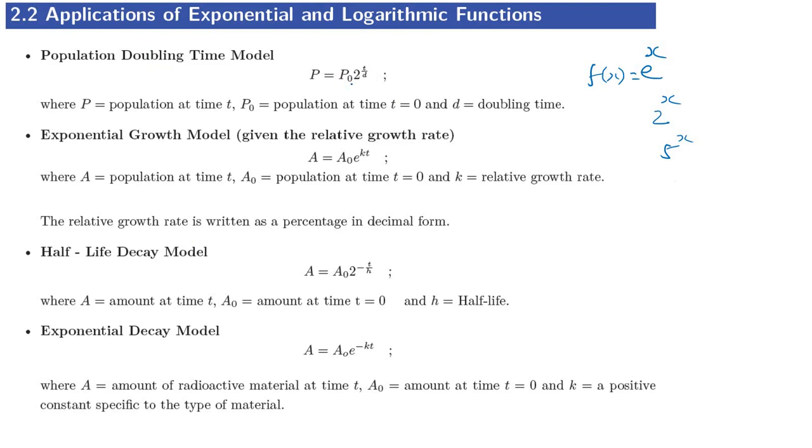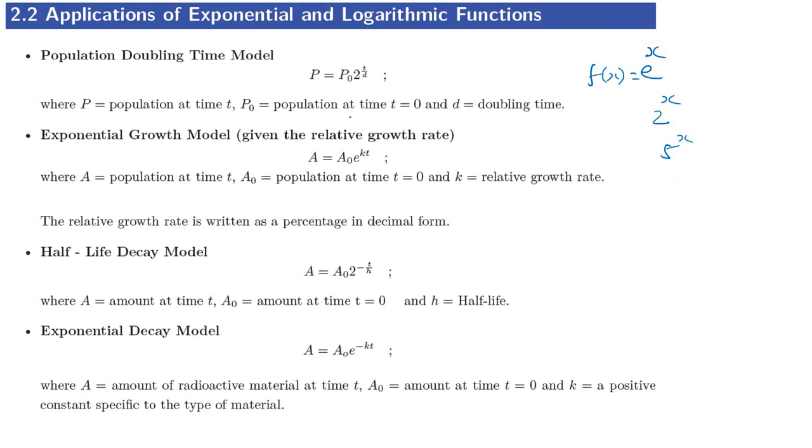If you look at the formula, all the formulas look the same. P equal to P naught, here A equal to A naught, then an exponential term like 2 power x or e power x, okay. A equal to A naught, then an exponential term. So if you want to identify the particular model, then remember the formula, okay. So before solving the problems, first study the names and the particular formulas. Then it is easy for you to understand the problem and write the solution, okay.